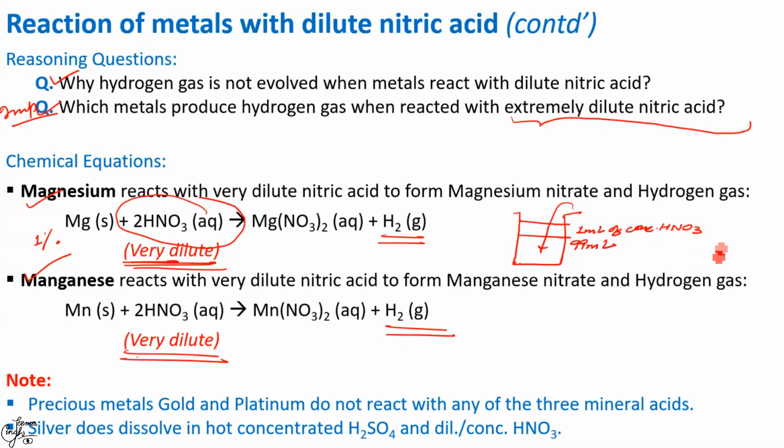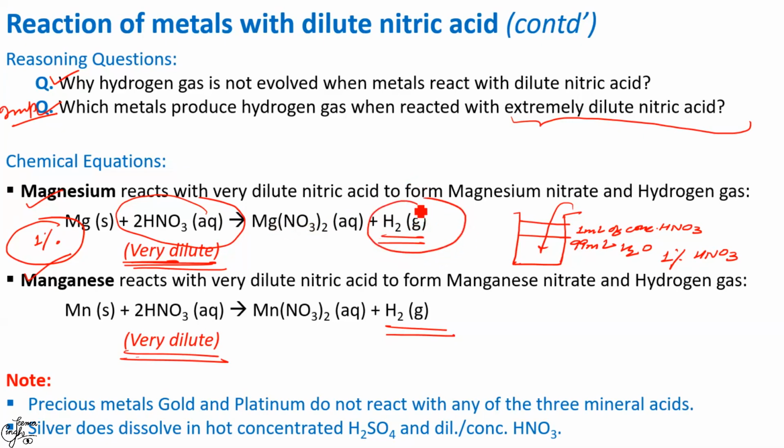The resultant solution is known as 1% HNO3, which has a fairly large amount of water and a very, very small amount of nitric acid. Due to this dilution, the nitric acid's oxidizing ability is drastically reduced, and thus it is unable to oxidize the